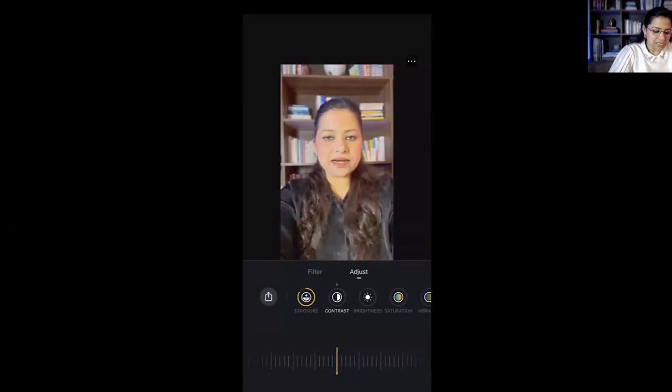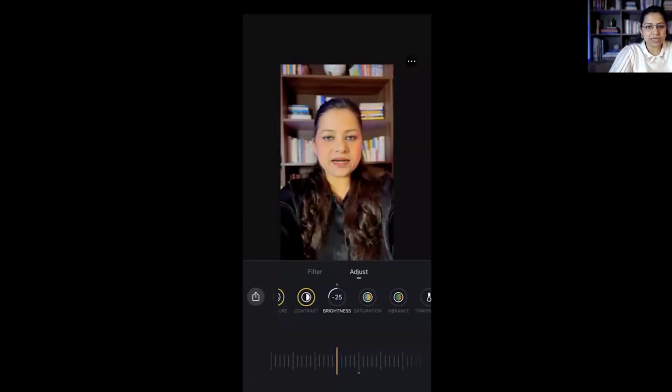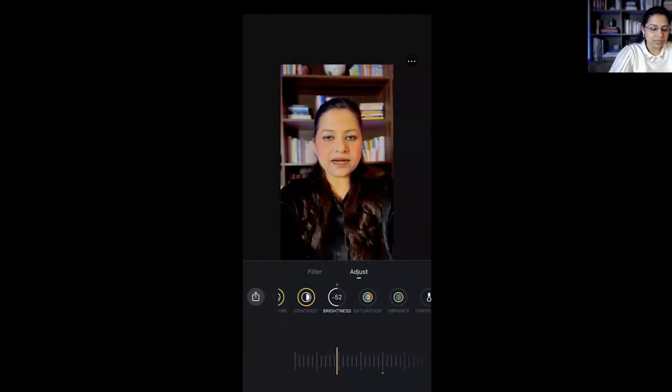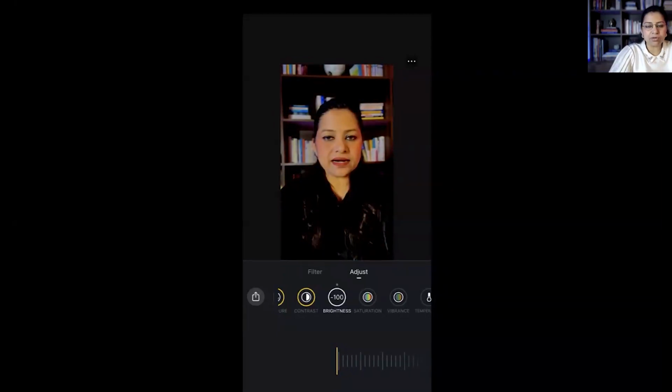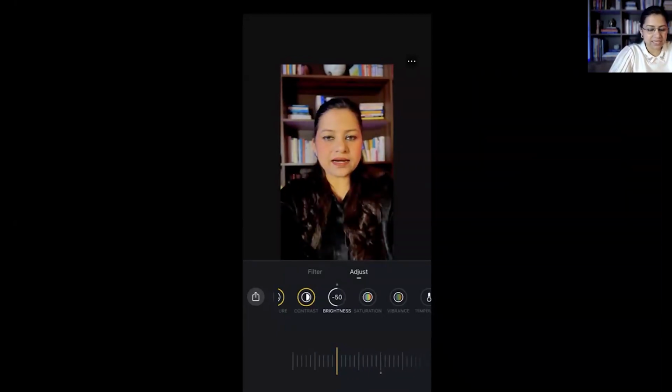Now I'll go for contrast. On the contrast, this will be more from the color contrast or maybe color a little fade. The color is fading off here and the color is more vibrant here. Then the brightness. This is where the entire screen is becoming more lighted, and here I'm going towards a darker shade, where the entire background light is decreasing. So here you adjust the entire brightness.